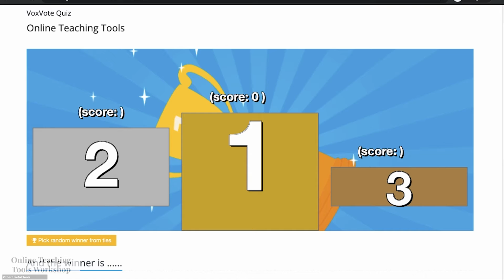Your presentation. With VoxVote, you have to pay for the upgrade in order to get it into your slide. So that's the only drawback that I was seeing with VoxVote, okay? But